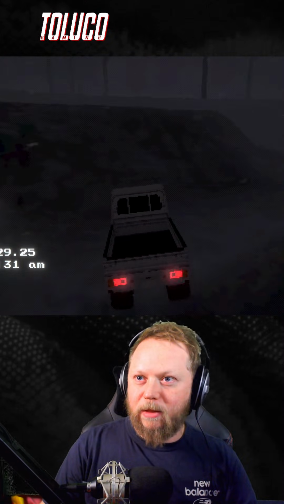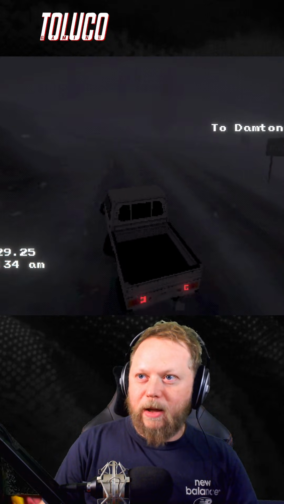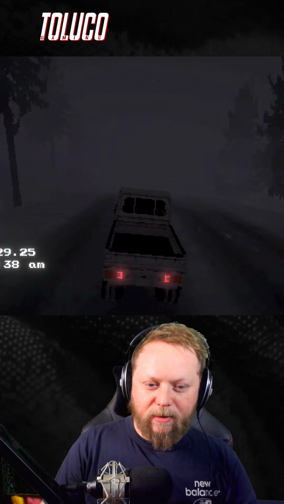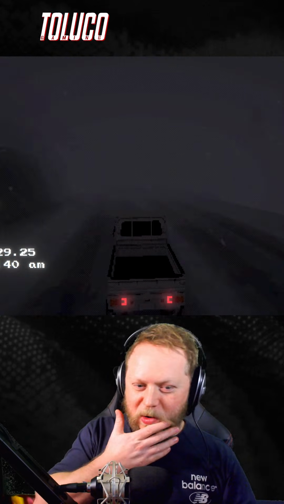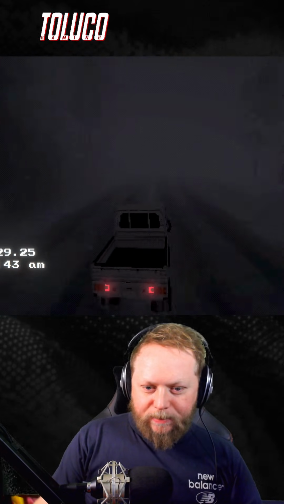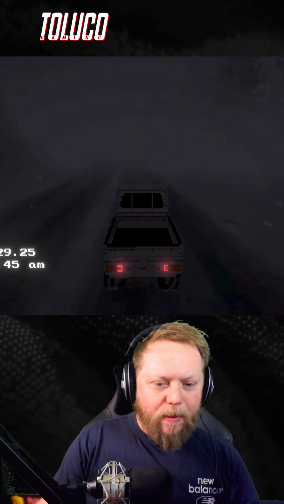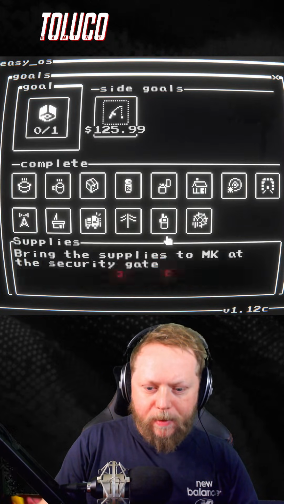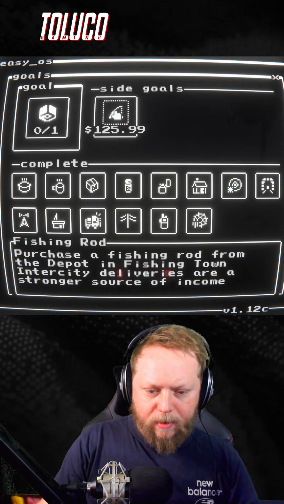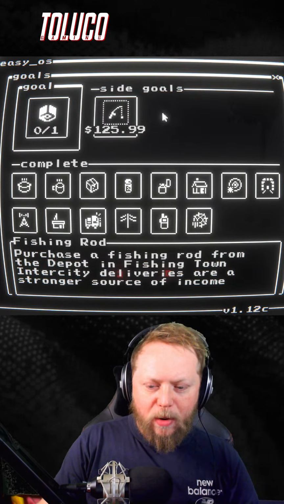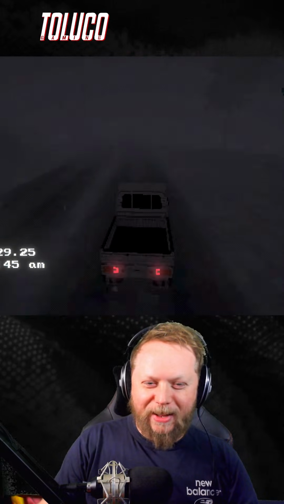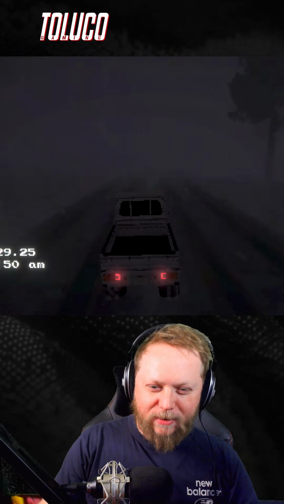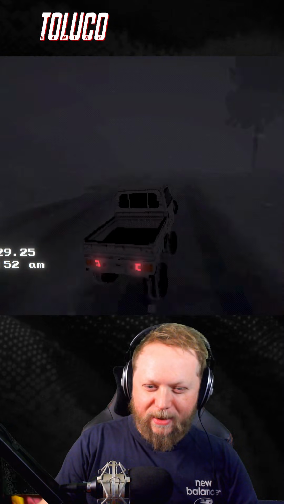Talk to the NPC at the shop in the fishing town. It's just finding the right shop. It doesn't tell you where they are. So all I've got to do is just drive around till I can hopefully find it. It says it's at a depot, I think it said. A depot in the fishing town.